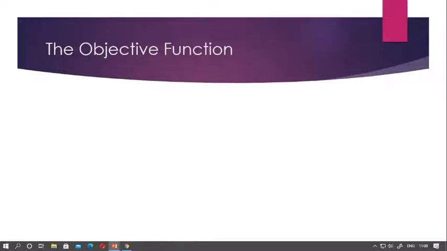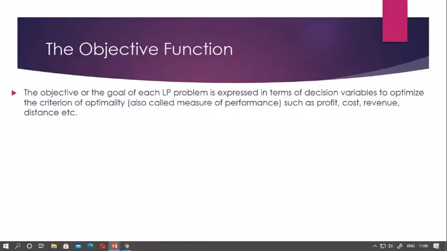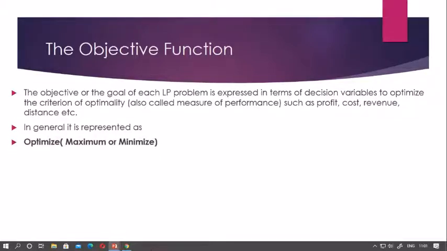Now let's have a look at the objective function. The objective function or the goal of an LP problem is expressed in terms of a decision variable to optimize the criteria of optimality, which is also called a measure of performance, such as profit, cost, revenue, distance, etc. In general, it is represented as optimize, that means, in the bracket, maximize or minimize